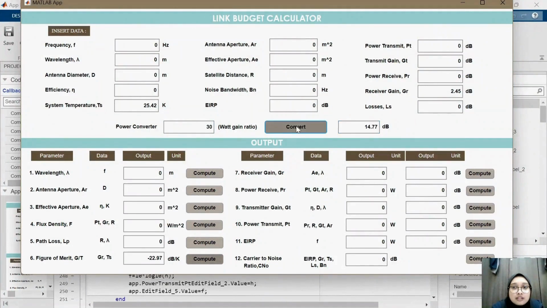Okay, so we get 14.77 dB. Okay, so next,